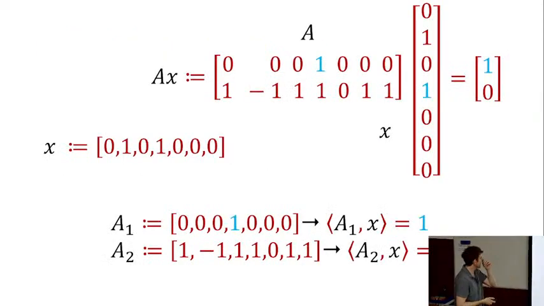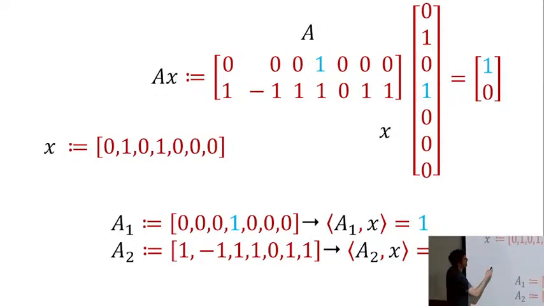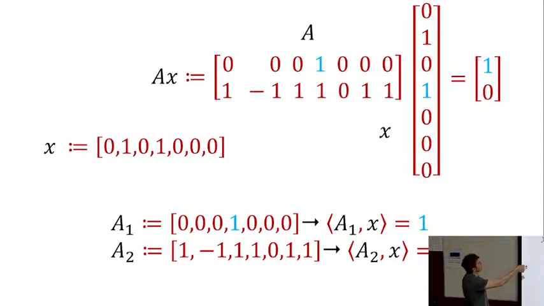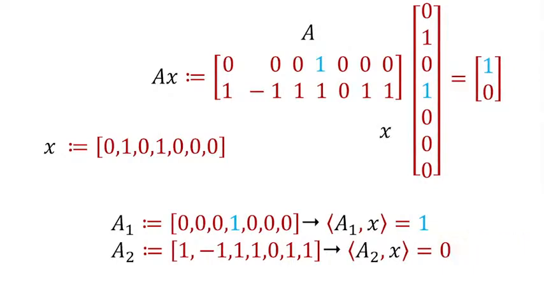Well, here's an example. Okay, so suppose your vector x is 0, 1, 0, 1, 0, 0, 0. And here's your sketching matrix A, which has 2 rows. And you're computing A times x here. And if you look at the first coordinate of A times x, well, it's just the fourth coordinate of x, right? Because it just has a single 1 in the fourth position. Okay, so if I look at A1, the first coordinate of A times x, it actually tells me what x_4 is. Okay, so we should think of 4 here as being a significant coordinate.